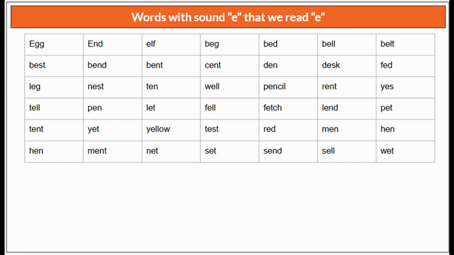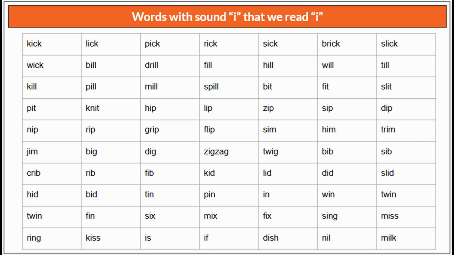So we have now words with I that we read E. There are many here. Kick, weak, kill, pit, nip, gym, crib, hid, twin, ring. Don't say kike, no, it is kick. Lick, bill, not bile, but bill, peel, knit, rip,